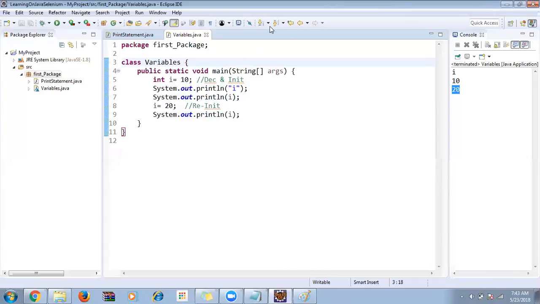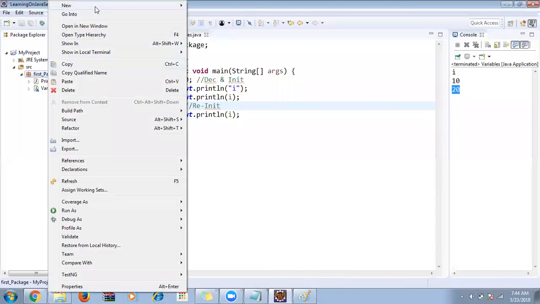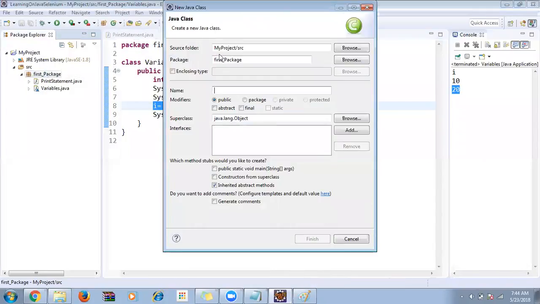Why is there a need to do a reinitialization of a variable? During my execution time, there will be chances where I need to replace the value of a variable. That point of time we need this reinitialization concept. One way, we directly give it and then replace it. Another way, I will do some calculation and then do the reinitialization. So for example, if I give here new class,